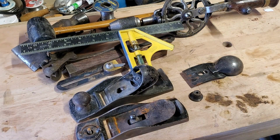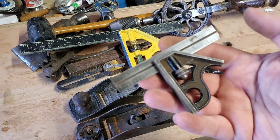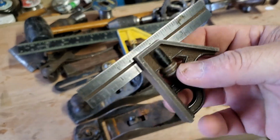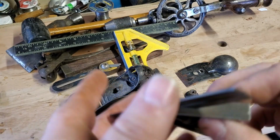All right, one final item, and then I'll tell you what I paid for all this stuff. Make you all jealous, I hope. My goal. It's a little tiny combination square. It's miniature, and I thought it was really cute, so I grabbed it out of the bucket. And then I looked at it. It's 4 inches long,